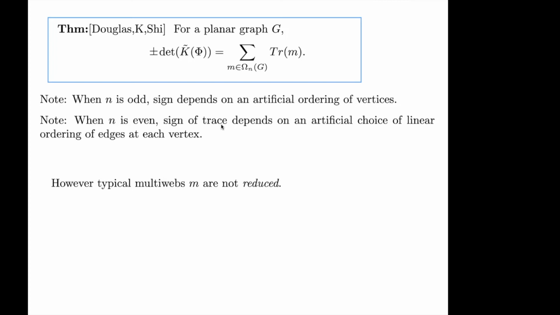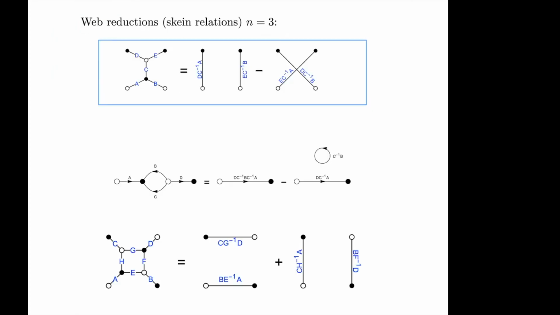That's the main result. But what are the applications of this result? I mean, does it really help to do anything? So let me tell you about reduced webs. And again, I'm going to go back to n equals 3 because it's easier to draw the pictures. There are versions for other n, but it's more complicated and we still don't really understand it very well. But when you have a web on a